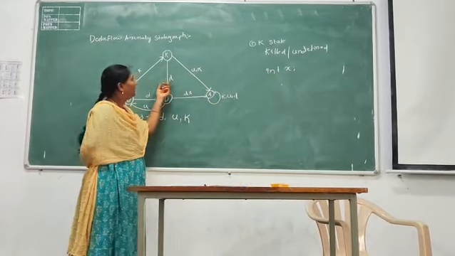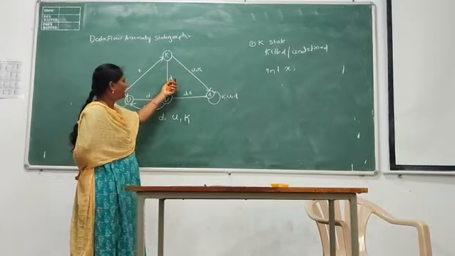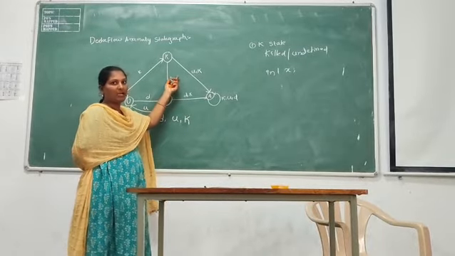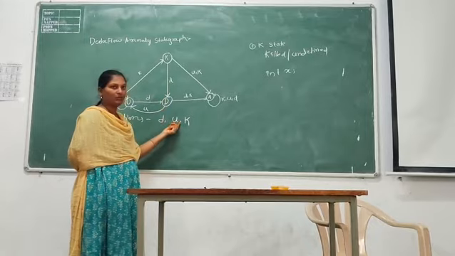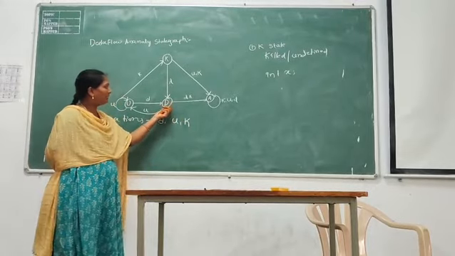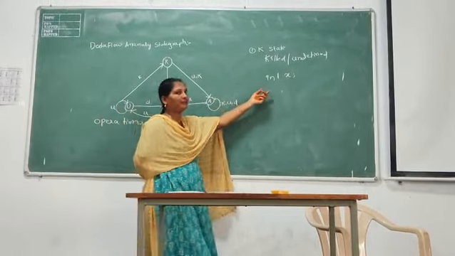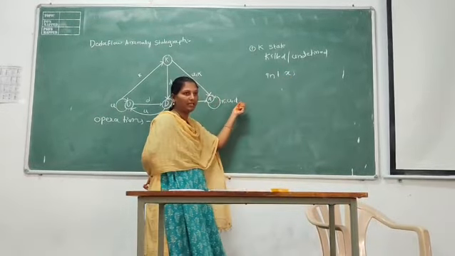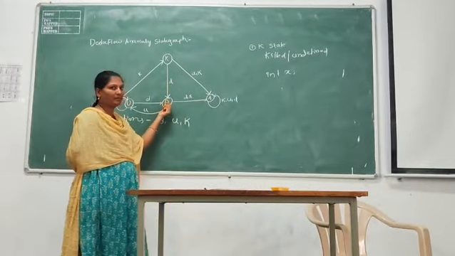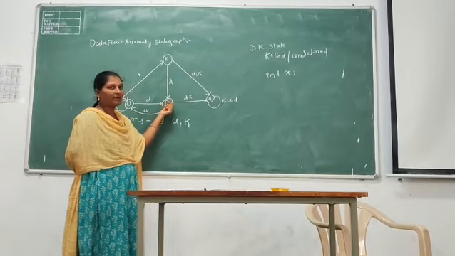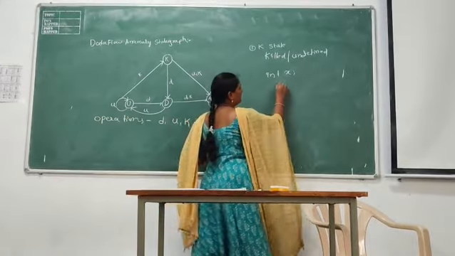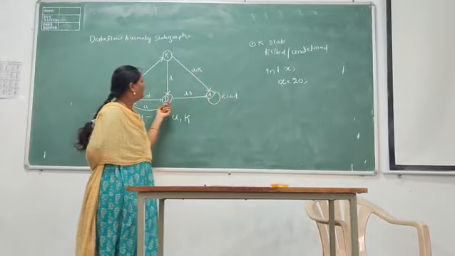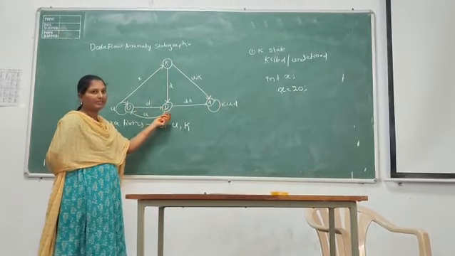In K state three operations are possible: D operation, U operation, K operation. In every state three operations are possible. D operation means we declare the variable but don't assign any value. If you want to assign a value to this variable, we have to perform the D operation. D means define operation, in which we assign the value to the variable. So it immediately moves from K to the D state.